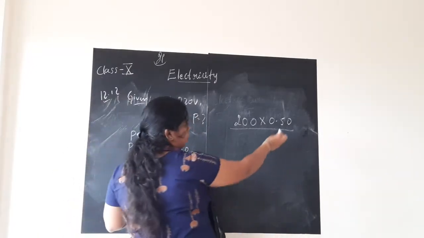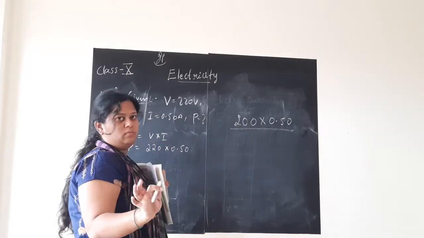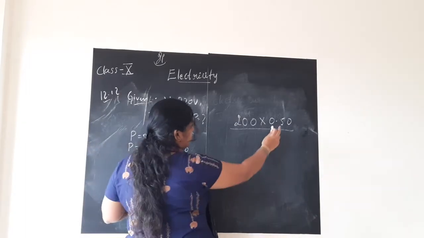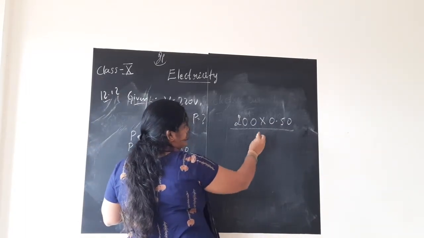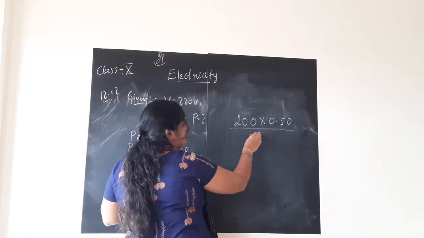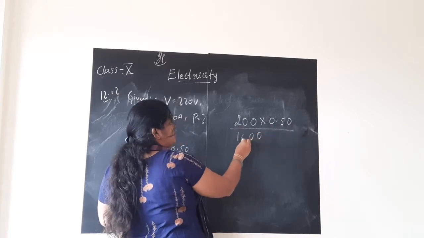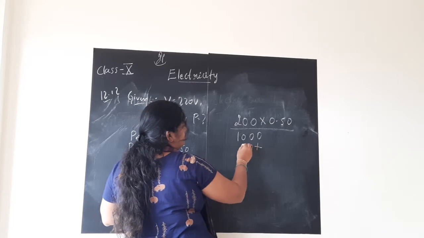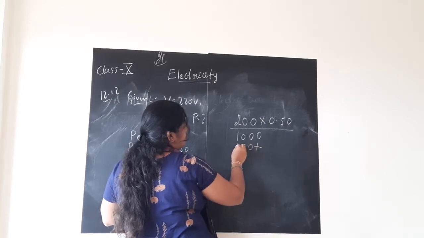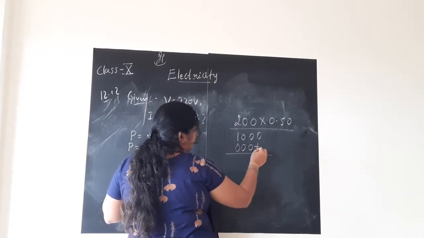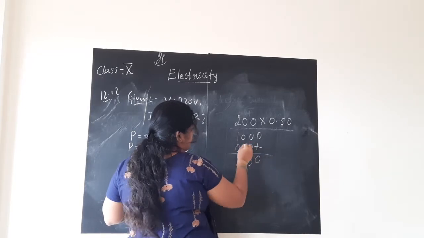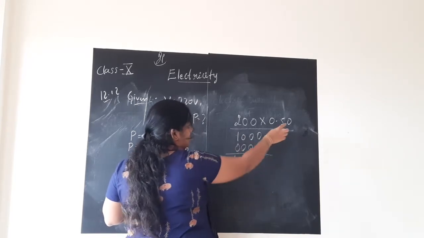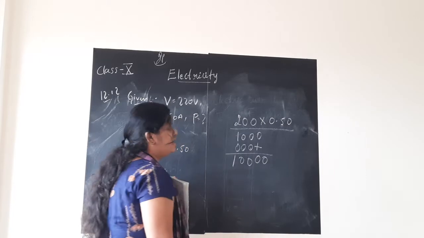This 0, what is there? I will not do it for now. Instead, I will start with 5. 5 zeros are 0. 5 zeros are 0. 5 twos are 10, plus 0 is there. 0 zeros are 0. 0 twos are 0. Then 0, 0, 0, 0, 1. This 0 is left now, simply I will add it here.